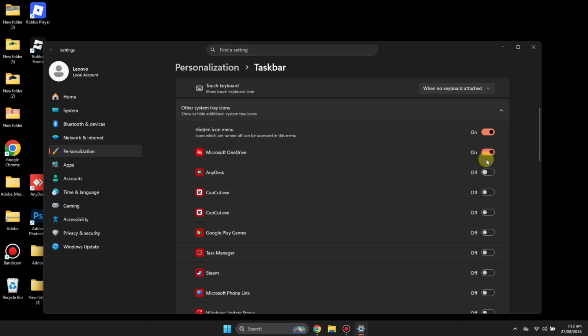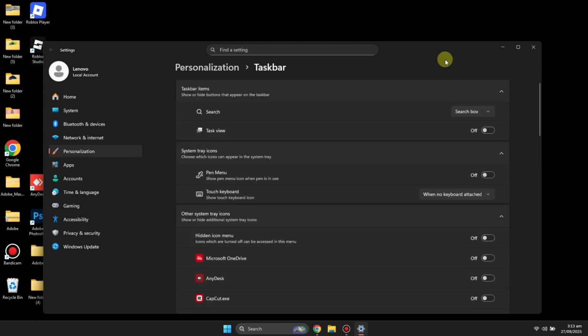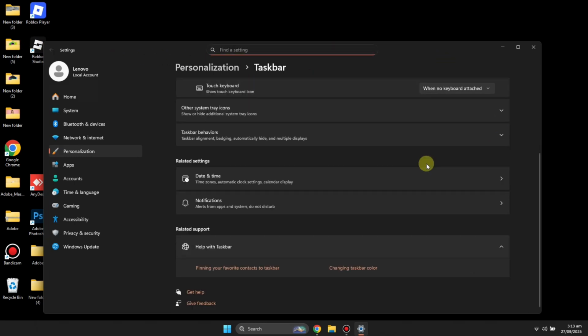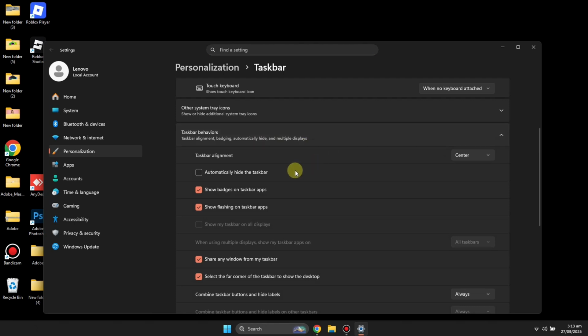Then you can go and select which icons you don't want in that toggle option. When you click onto it, these icons will show up. You can select which one you want there and which one you don't want. Whatever you want, turn them on. Whatever you don't want, you can just simply turn them off and you will not be able to see them up there. If you want further customization, in that case you have to go to taskbar behavior